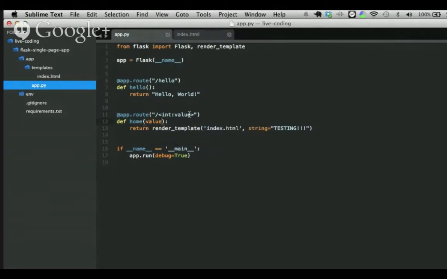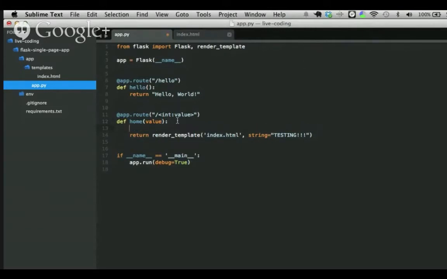And then let's go ahead and add 1 to that value. So create a new variable called add1, and we'll say value plus 1. And then let's go ahead and return that value by passing it as a new argument to the template. So we'll just call that value equals add1.